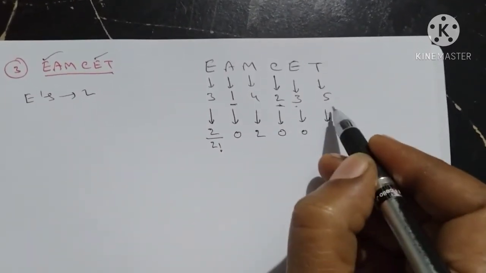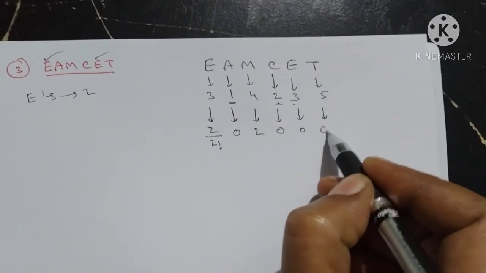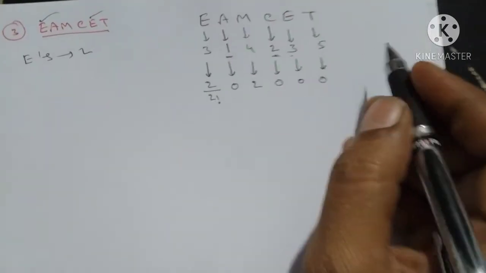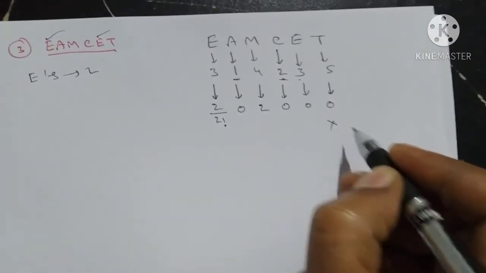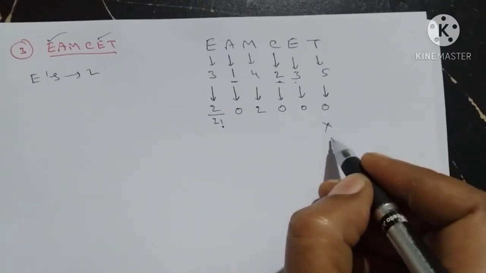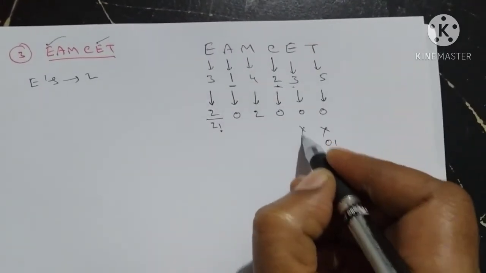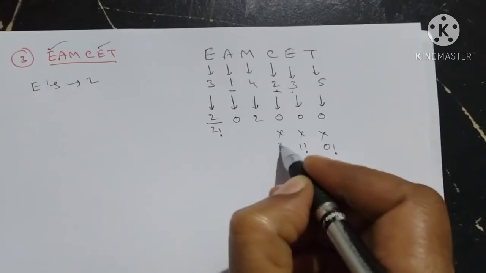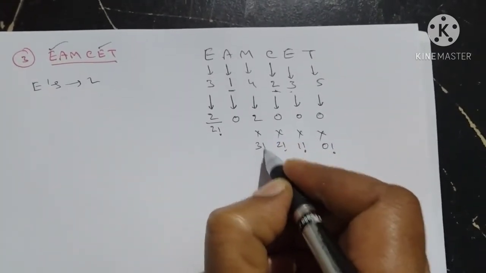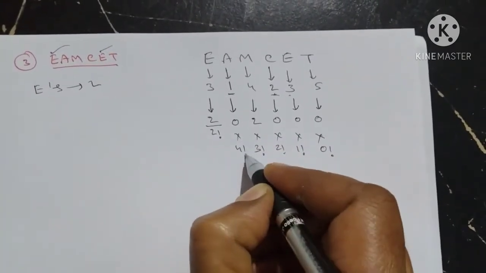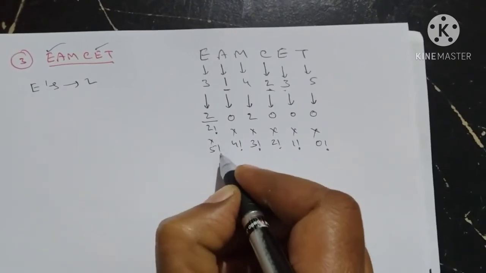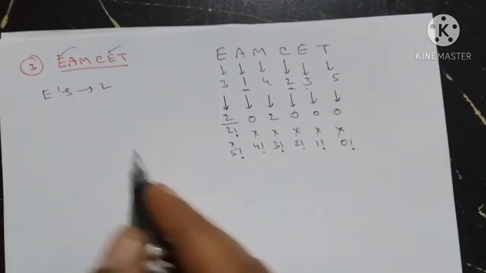Here, the number of less values of 5 on the right side? No. Okay, now from this, 0 factorial, 1 factorial, 2 factorial, into 3 factorial, into 4 factorial, into 5 factorial. Okay, now the rank